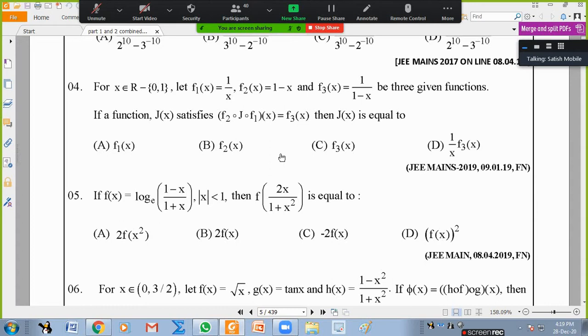Okay, fourth question, domain is all elements except one. What is the question? F1 is 1 by x, F2 is 1 minus x. They want g of x in such a way that...